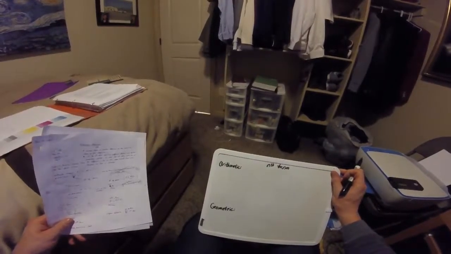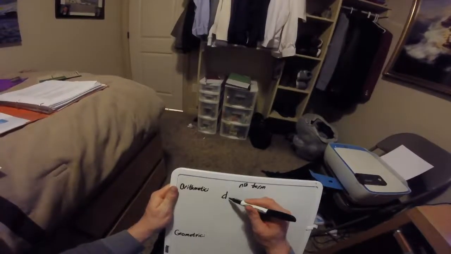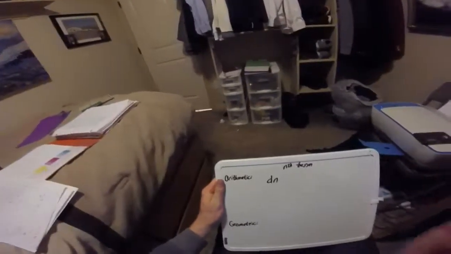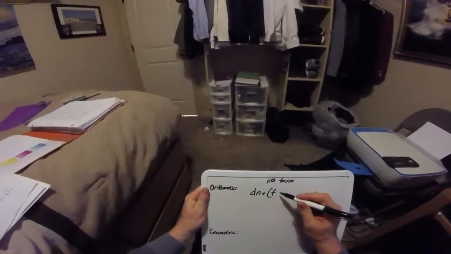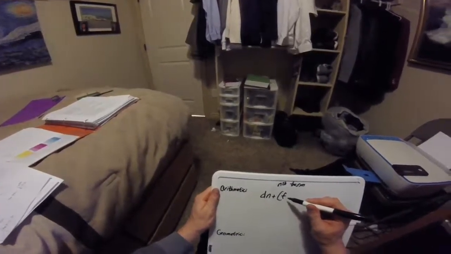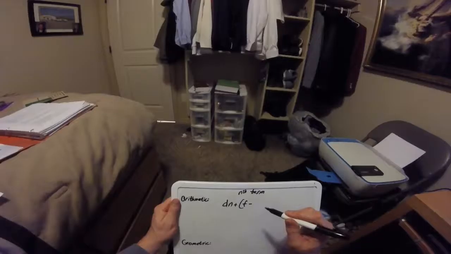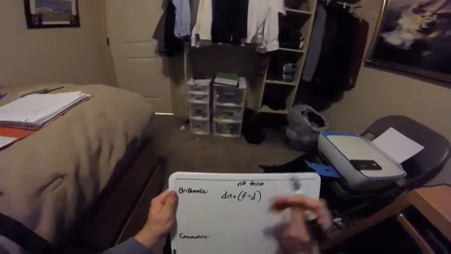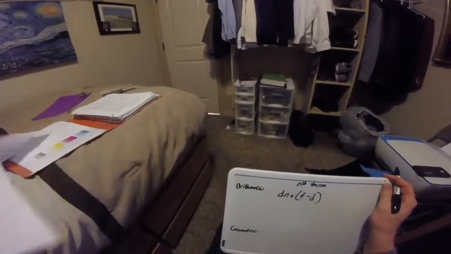So for an arithmetic sequence, what we do is we find the difference, then we have our n, d stands for difference, and then what we do is we add the first number minus, so the first number, and we're going to subtract that by the difference. So say for example we have